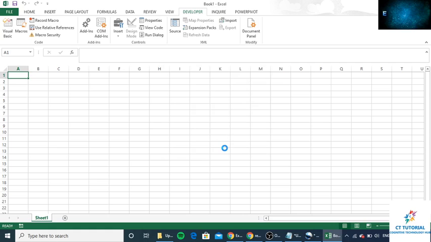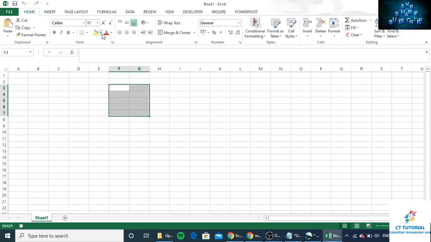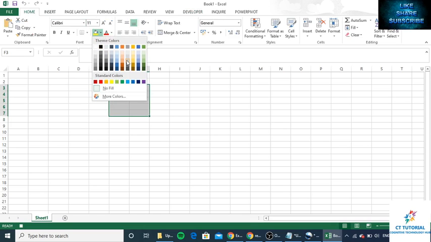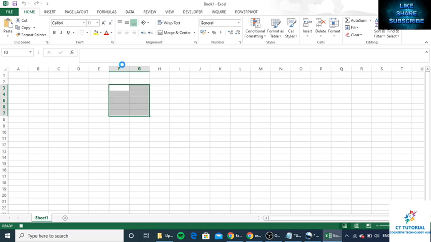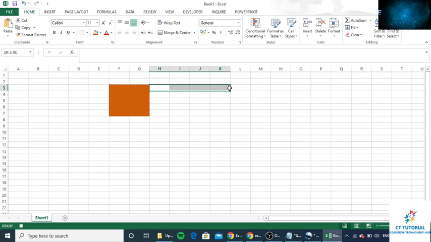Press OK, and here you can see the button has started. The macro recorder is on currently. So what I will do, I will change the background color first. I will merge these cells.